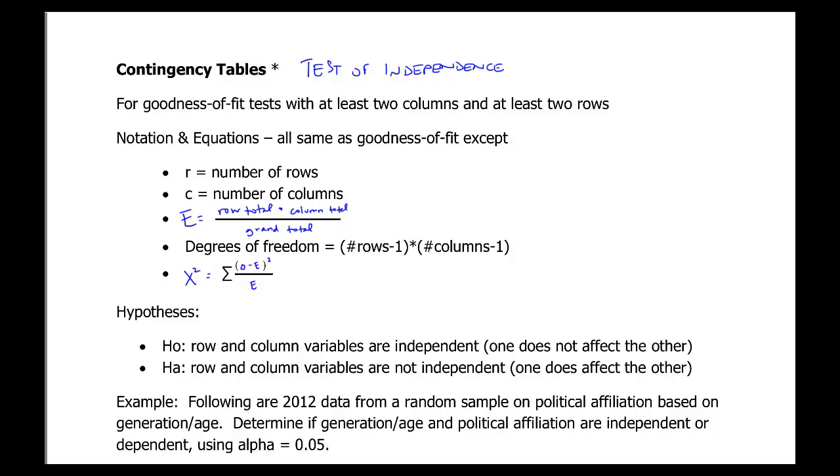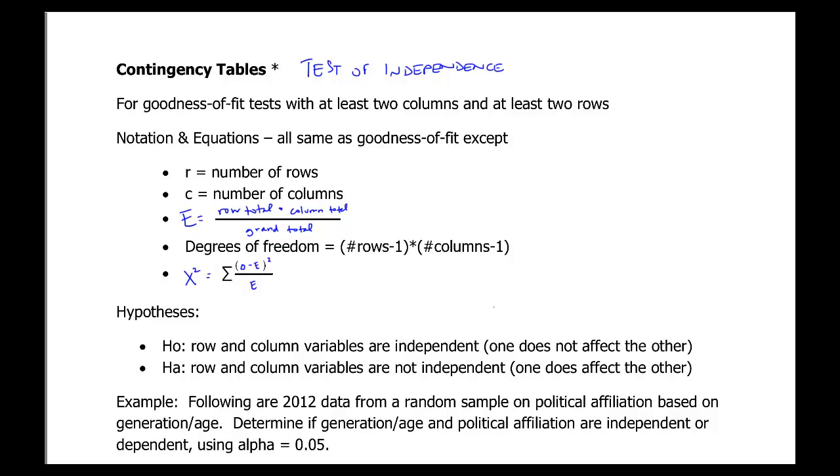This video is labeled contingency tables. The test that goes with contingency tables is the test of independence. It's another chi-squared test, but in this case we would have multiple rows with our multiple columns. So we're looking at two variables and how they kind of interact with each other with an expected frequency of